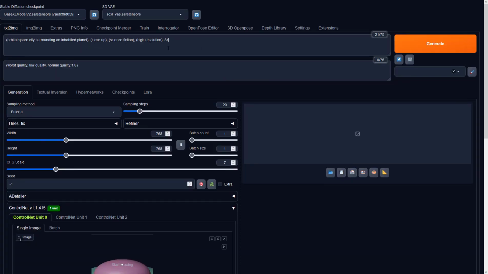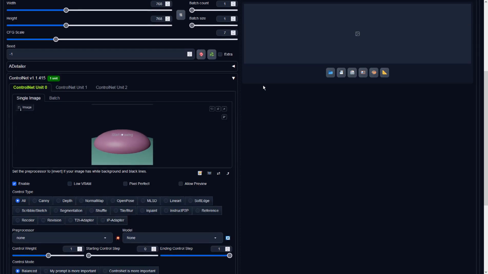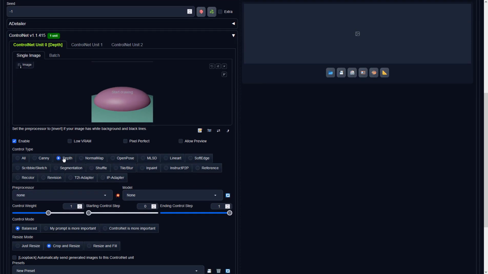I'll share the full prompts in the description below. Please set the preprocessor to none, and select the correct depth model.